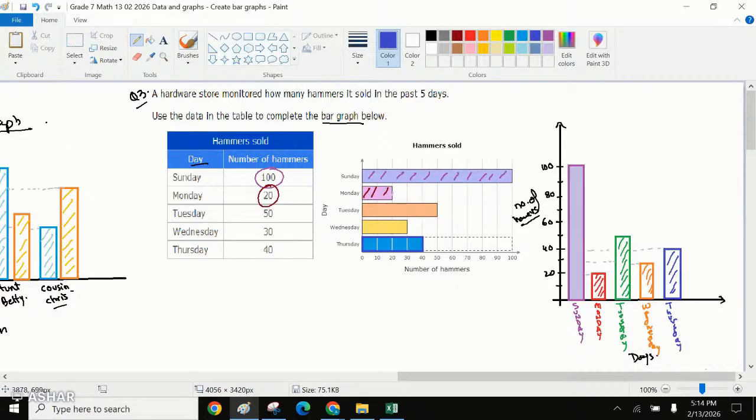Agreed? So we can follow the rule. We can say this was the horizontal axis and frequency was the vertical axis, right? Or if the question is given to us, the difference of axis, then we follow the question. Then we give this as the answer. Okay, then we make this bar as the answer. So either way, we can draw